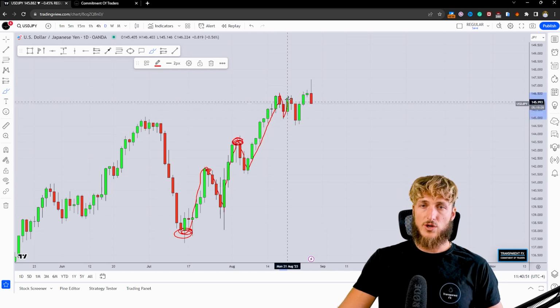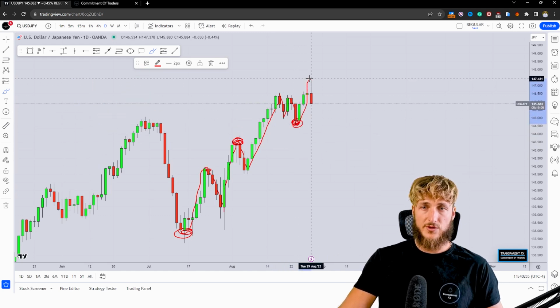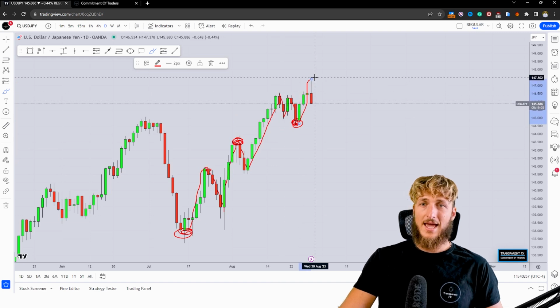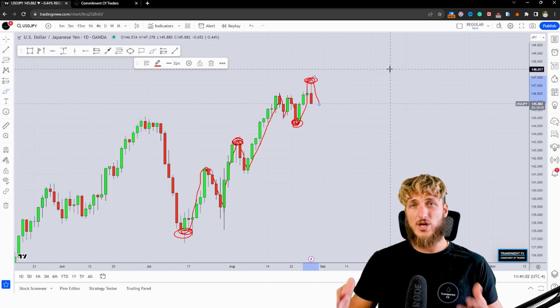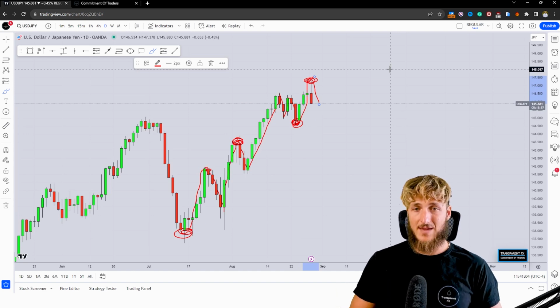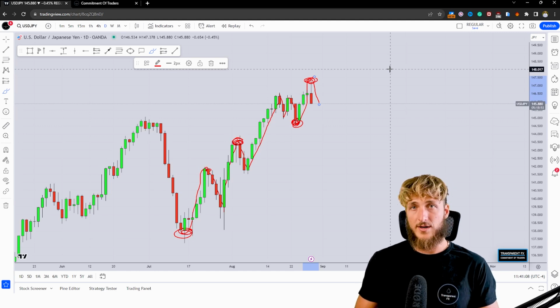Then we had the creation of this M pattern. From here, I explained all the reasons for which we could expect first the creation of this move to the upside, and then from here, all the reasons for which we could expect this rejection lower, which again is exactly what the market gave us. So far, this market has been behaving exactly as we wanted it to behave from all these previous analysis, and